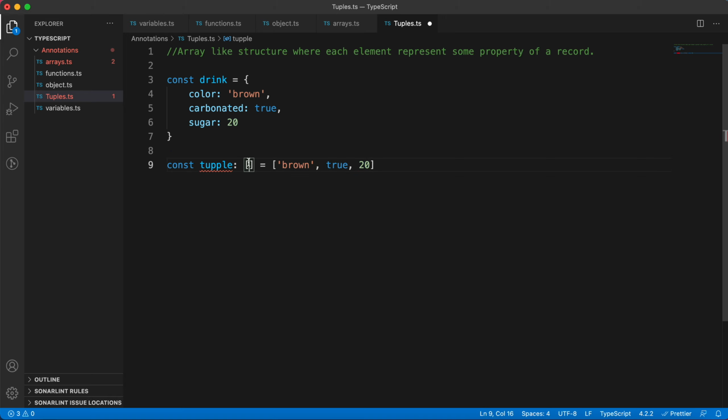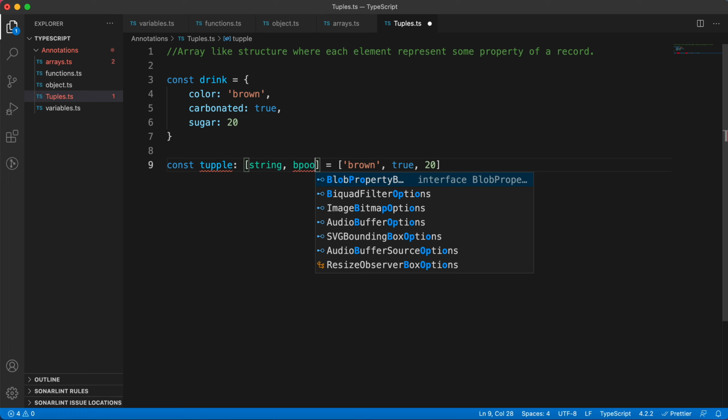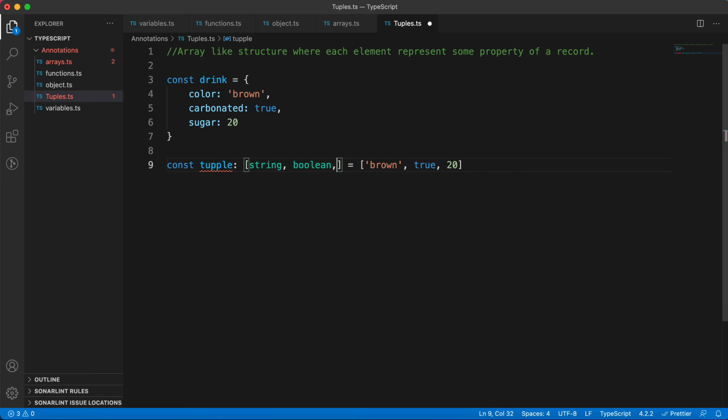So I am giving a sequence and declaring the types here. The first one is a string, the second one is boolean, the third one is number, right? So this is basically the syntax of a tuple.